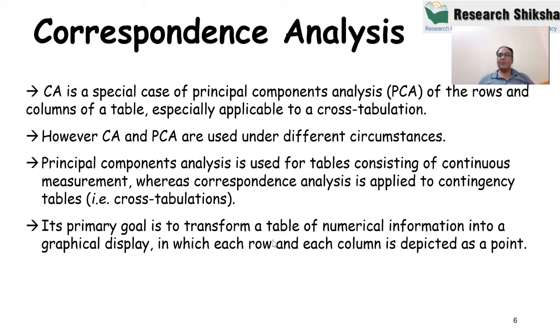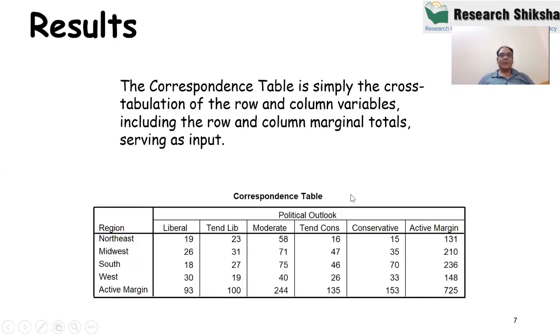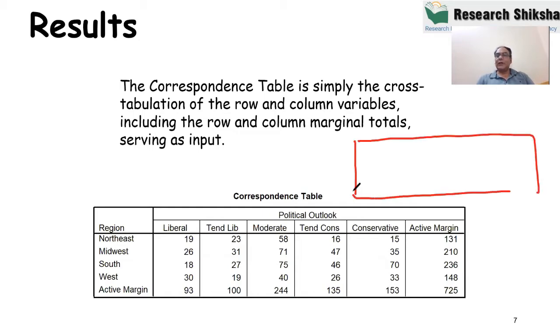So I will show some of the calculations also. For example, we have to understand the data first: what kind of data we have to maintain here, and how to collect the data. If you really want to understand correspondence analysis, the first thing is to understand how to collect the data, right? Basically, if you want to collect the data, we make a table like this. I'm making a rough table, and this is the row, and this is the column. So we have the rows here, and we have the columns here.